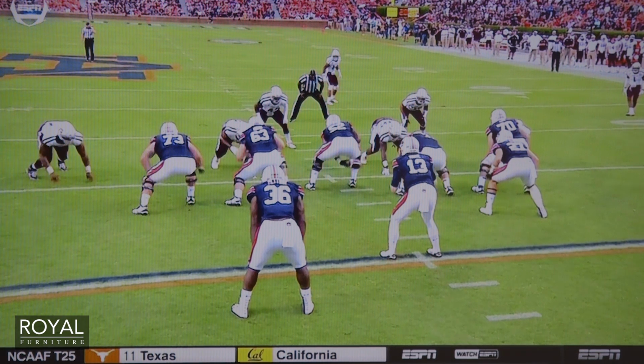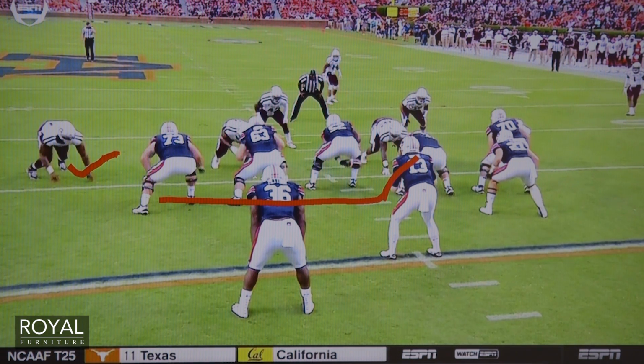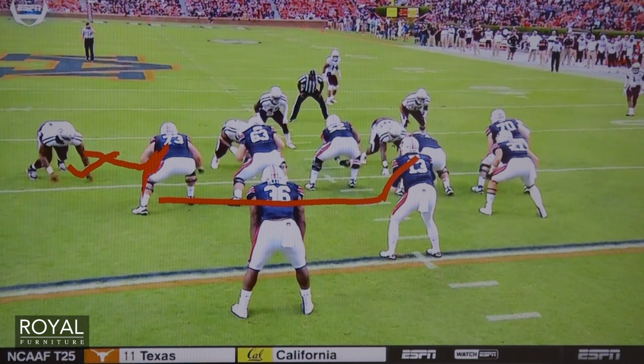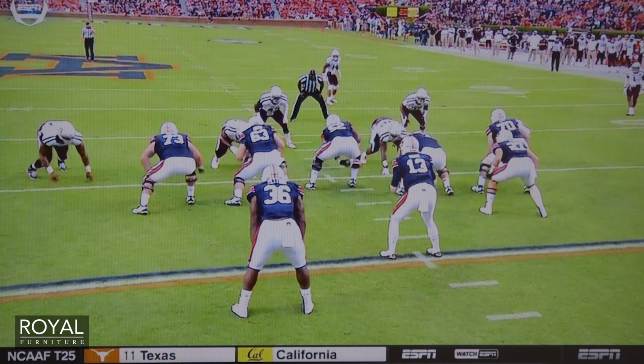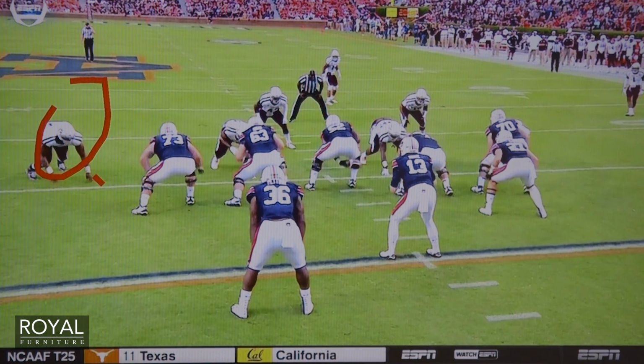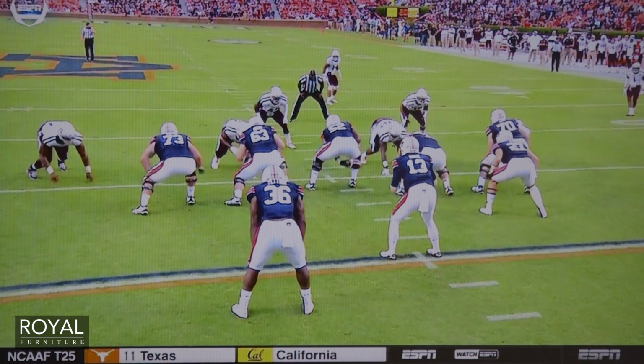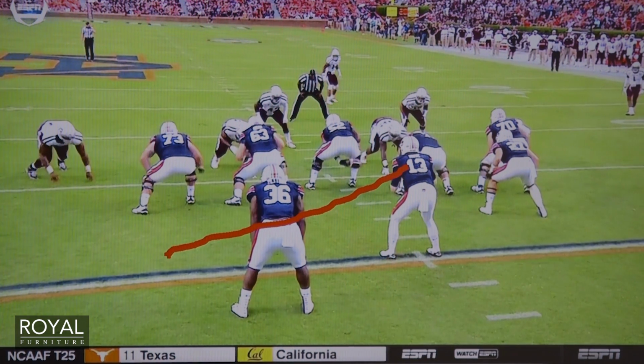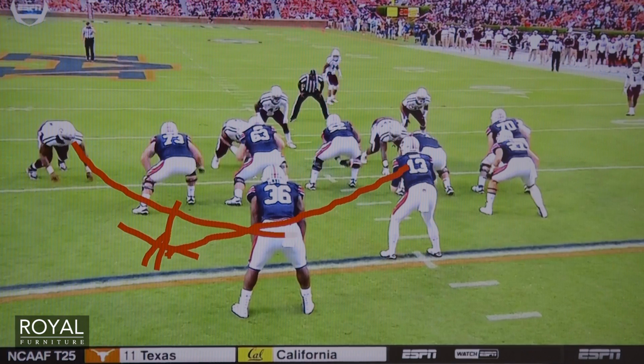If you think he's going to be playing flat as a guard, I'm going to pull out, open a little bit, and come flat down the line of scrimmage, because I'm expecting to meet him right in here where he's normally been playing it. Different deal if you're expecting him to come out here where this foot would open up a little bit more and you would basically pull to where Myles Garrett would hopefully be. Not to where he is, but to where he would probably be. So Braden Smith, if he had an idea this was coming, would change his pull path back here and hopefully cut off Myles Garrett from affecting this mesh point.